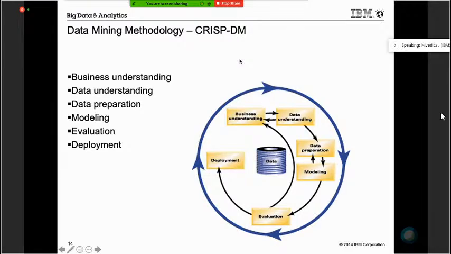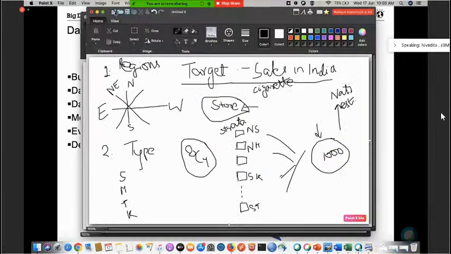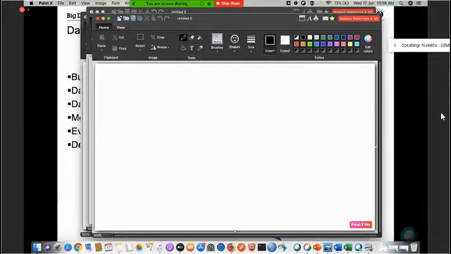So data preparation. Once we have the business understanding, we do the data preparation. What are the steps in data preparation? I will quickly visit it. Once the data is prepared, we create a model. What is a model? A model is a mathematical representation of a particular process. In the same example I will use,